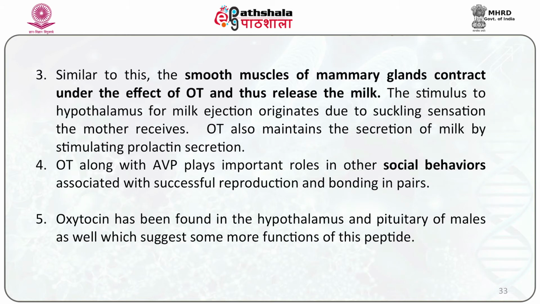Similarly, the smooth muscles of the mammary glands contract under the effect of OT and thus release the milk. The stimulus to the hypothalamus for milk ejection originates due to the suckling sensation the mother receives. OT also maintains the secretion of milk by stimulating prolactin secretion. OT along with AVP plays an important role in other social behaviors which are associated with successful reproduction and bonding in pairs. Oxytocin has been found in the hypothalamus and pituitary of males as well, which suggests that some more functions